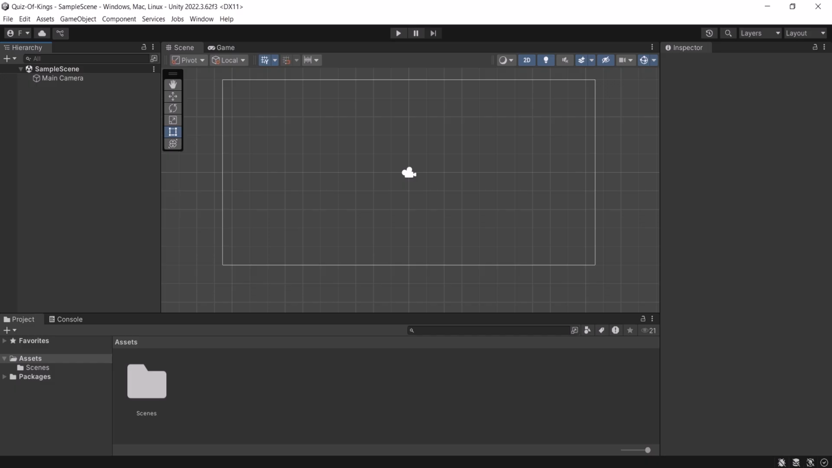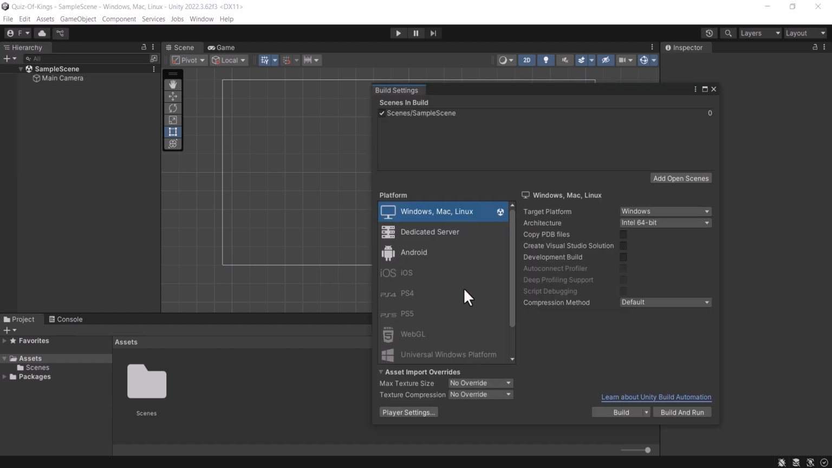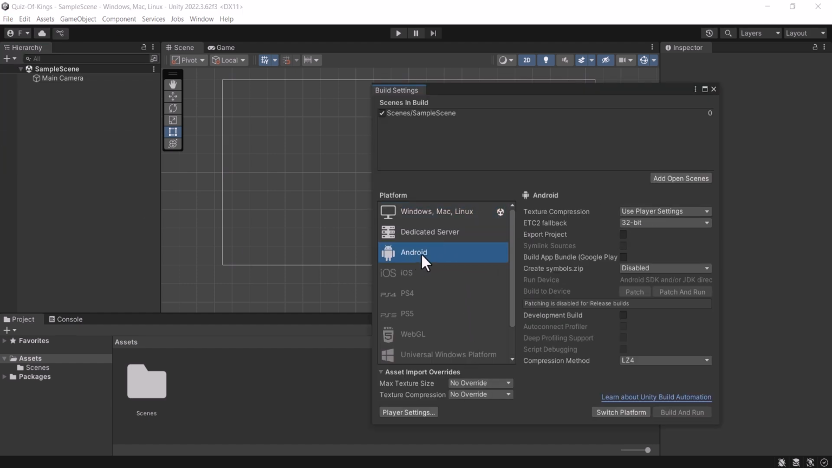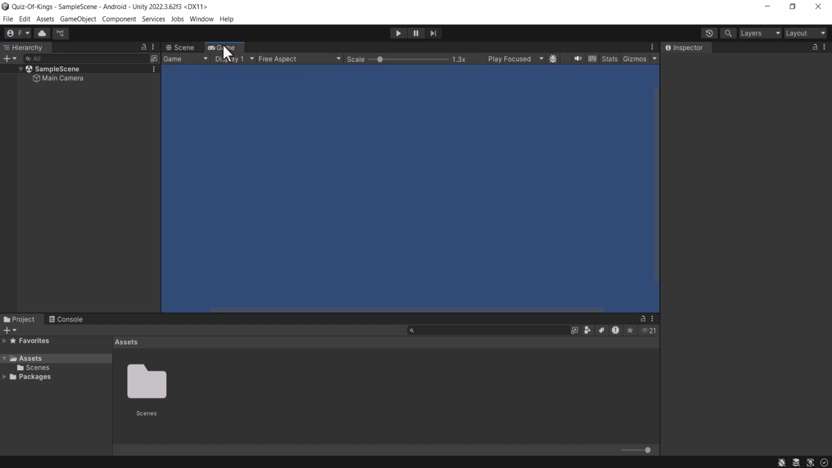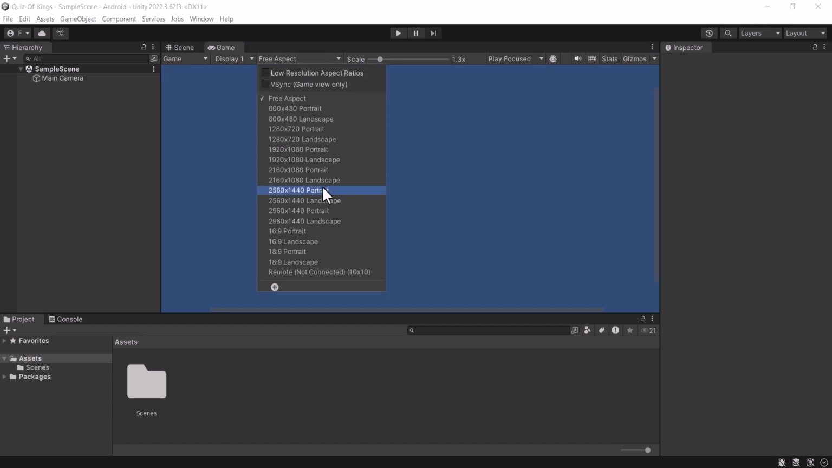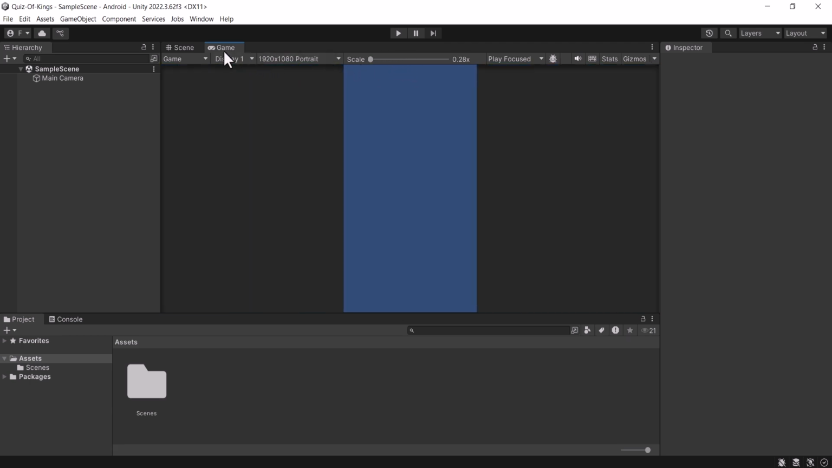Alright, after the project opens, let's set the project to Android. Select File, go to Build Settings, then choose Android, click Switch Platform, and wait until it is fully set up. After switching to Android, open the game scene and set the aspect ratio to 1080 by 1920. Zoom out and drag the scene to the side so that we can see the work we are doing in